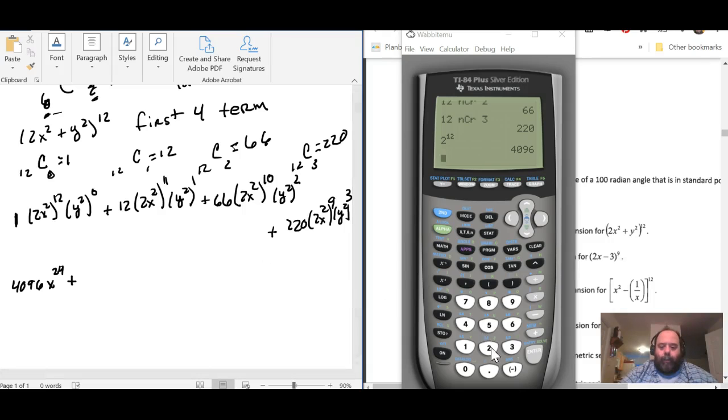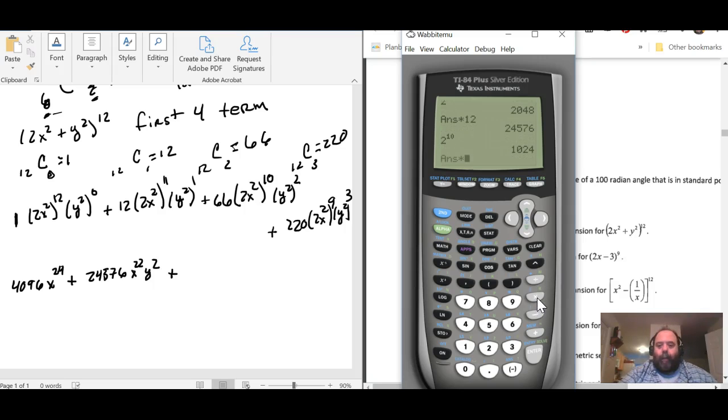Okay, so I need 2 to the 11th. 2 to the 11th is 2048, but then we're going to multiply that by the coefficient 12. So that's going to give me 24,576 x to the 22nd y squared